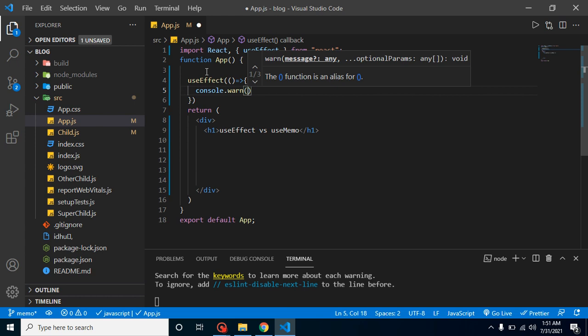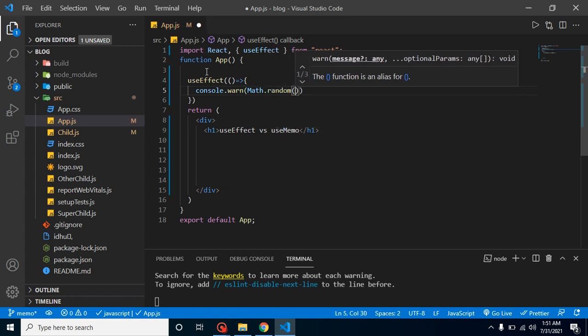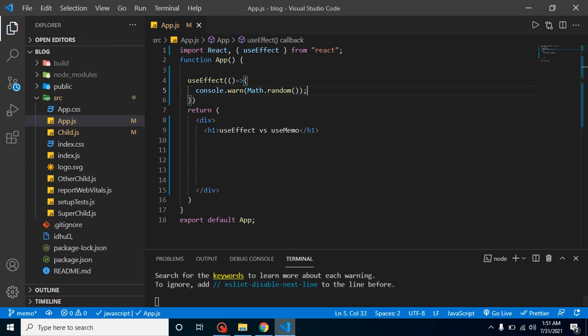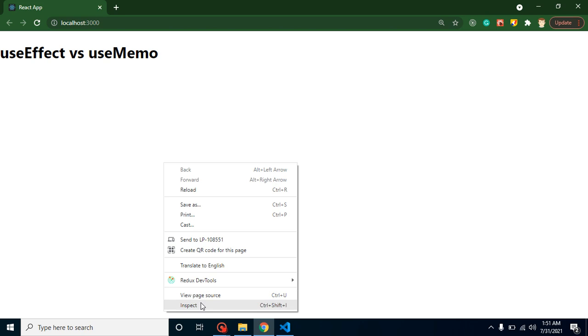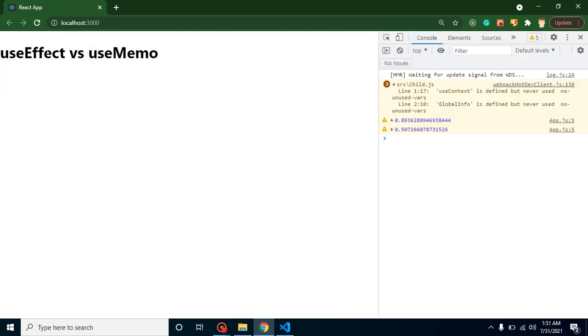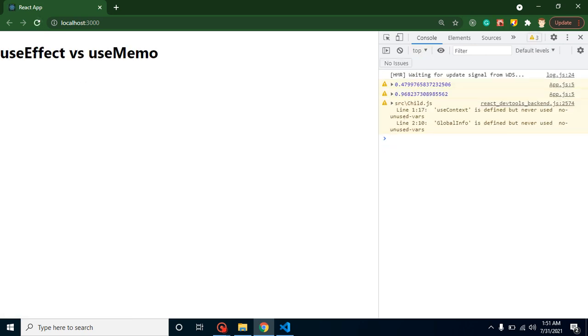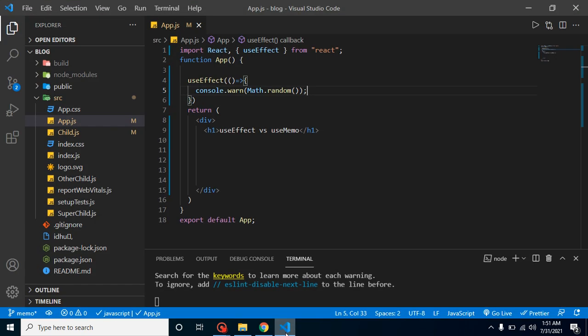So let's say we are using console.log, and we are showing a random number here, which is, let's say, Math.random, right? It will print a random number here, and whenever I refresh it, you will see that this is working fine. Here you can see that our number is printing. So that's okay, because on page load we want to print it, or even if you want to use it, then we can simply use it. That's okay, there is no problem, right?